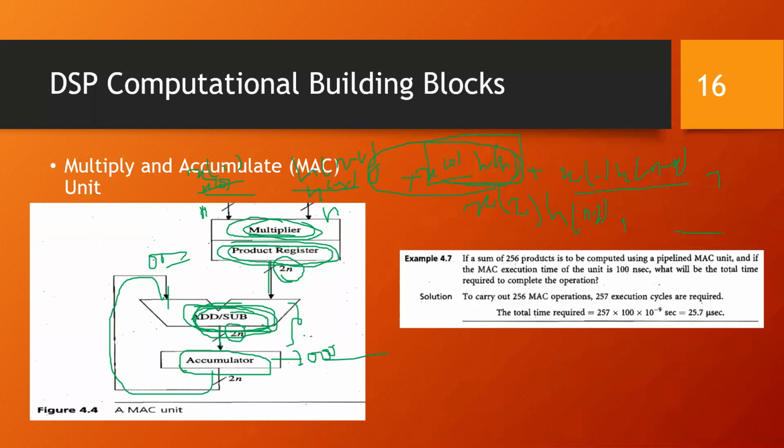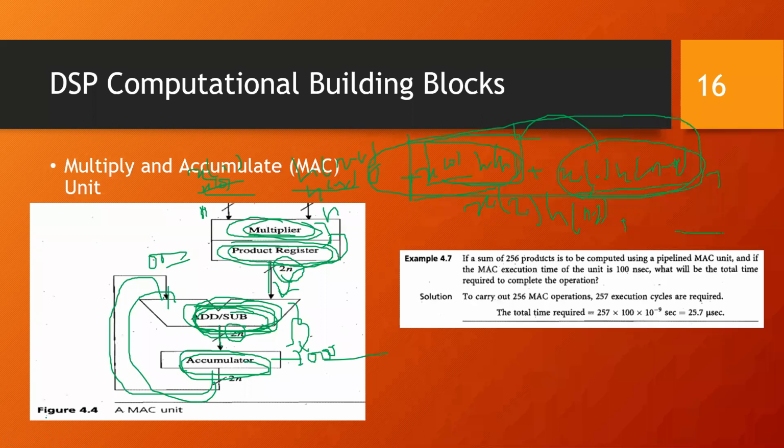So the adder finishes its result and stores it. By that time, the multiplier also finishes its result and gives 2n bits to the adder. When the next 2n bits are available, it has to add them to this accumulator result. The result is already present in the accumulator, so it goes and gets added, and the next set is available. That is, I'll be estimating the sum of these two.